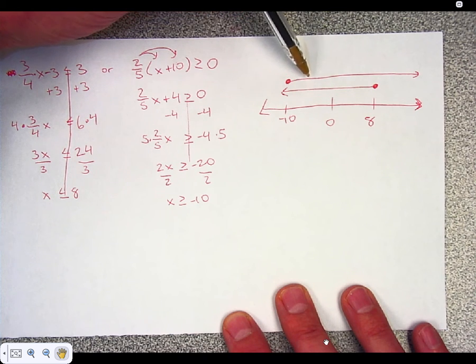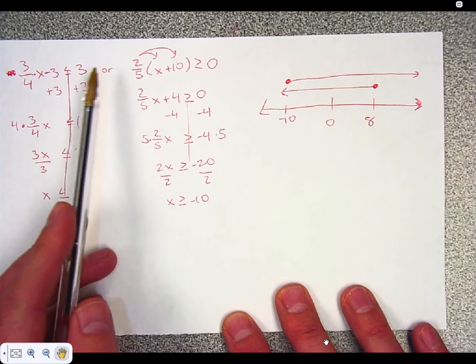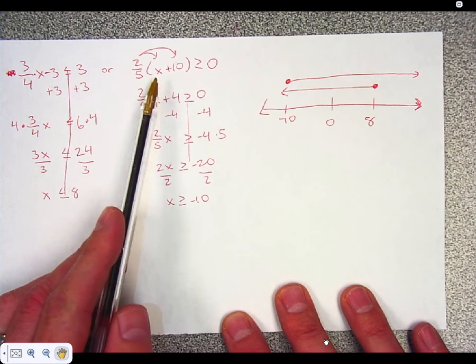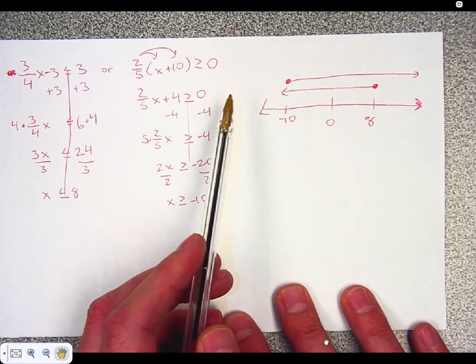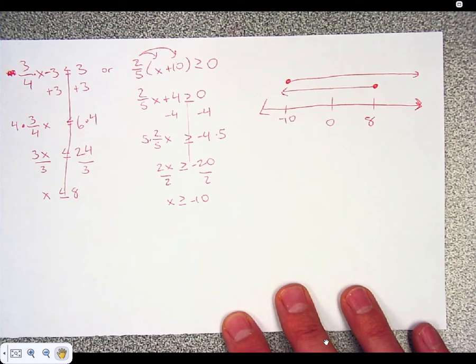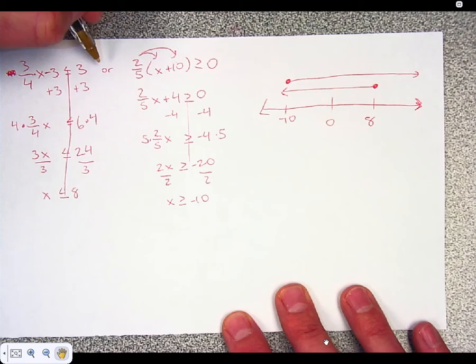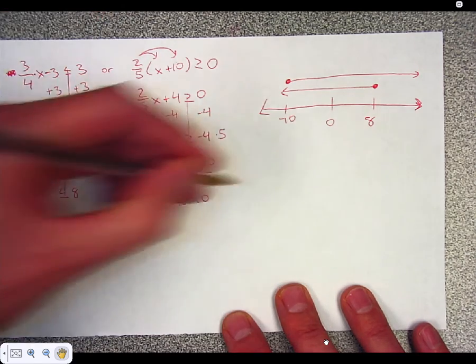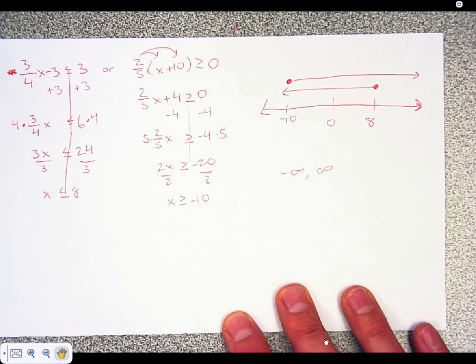Those lines overlap. Because it's an or problem, it has to work for this one or that one. Really, any number that's less than 8 will work. And any number greater than -10 will work. That's any number. Those lines don't have to overlap for the or. It just has to work for either one. So from -infinity all the way up to infinity,